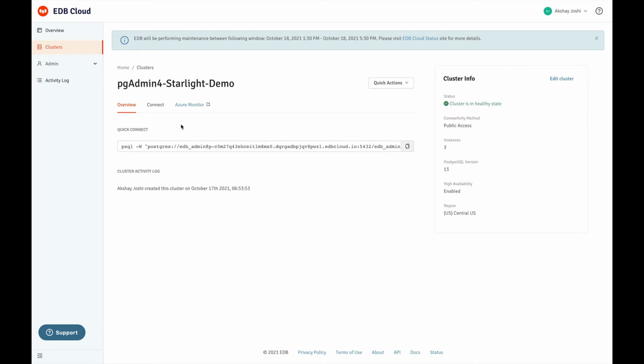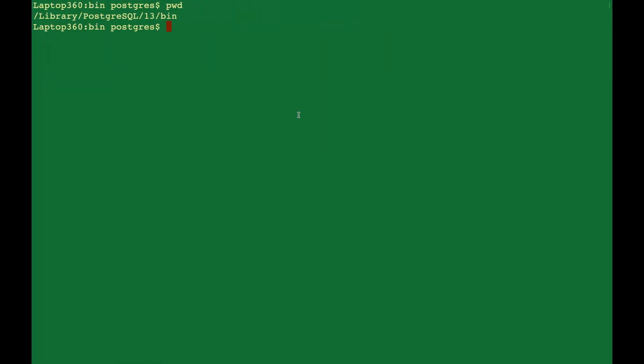You can see how to connect using psql with this command. You can copy the command from here and go to psql. If you have psql in your path, then you can run it from anywhere, and if you don't have it in your path, you will have to go to that particular folder where psql exists. Here my psql exists under /Library/PostgreSQL/13/bin.